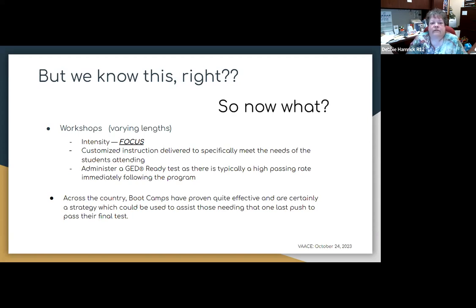We also have invited people by putting out advertisements and sharing on our Facebook page, and partners that will share with us, just a general, hey, have you ever thought about the GED? Come on in on this day and take, we can pay for them to take a GED Ready, because sometimes they don't know where they are and what they need to work with, and that's why they don't come in. So we have offered that test, and come in and take it, and let's talk about what your opportunities are and what your options may be. And that has sometimes pulled in some people that we may not have gotten otherwise. So that's something else people can think about